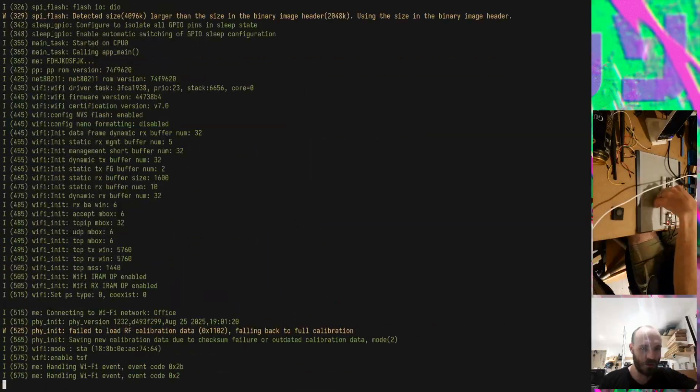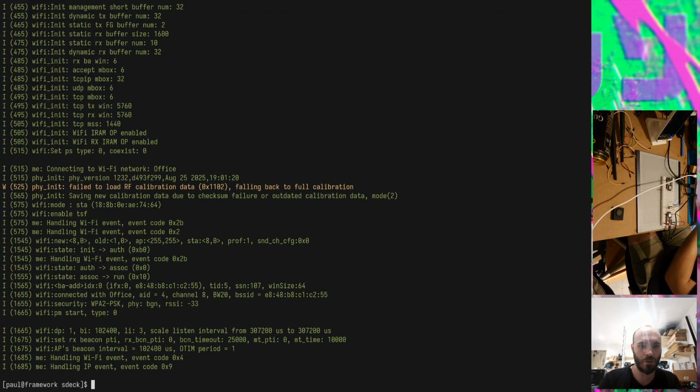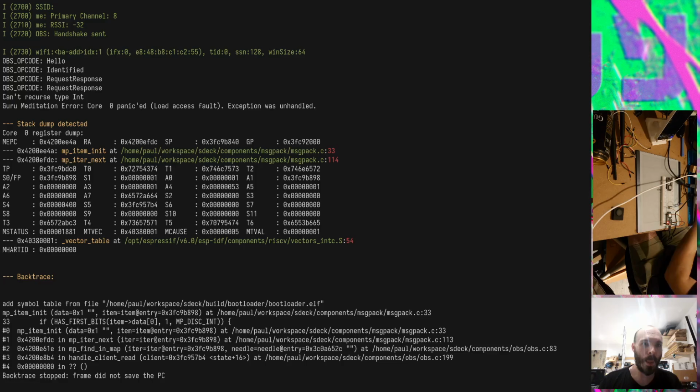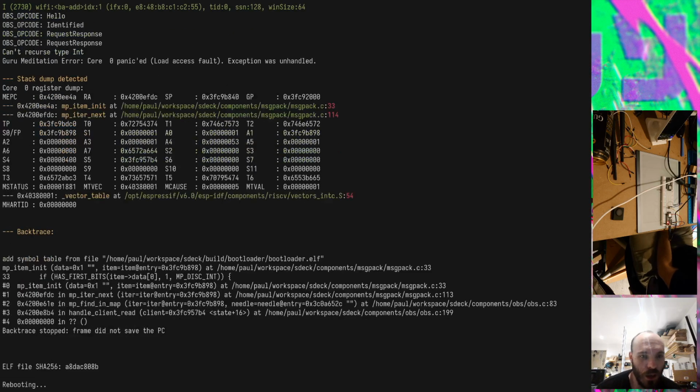Like, identified, press the button, and a crash. Now, did it change the scene? I can't really know. Can't recurse type int. Oh, so I did get 2 request responses, and then it panicked. And that is an mp-iter next. Can't recurse type int. Oh, so it is my